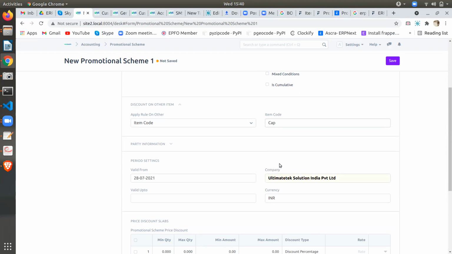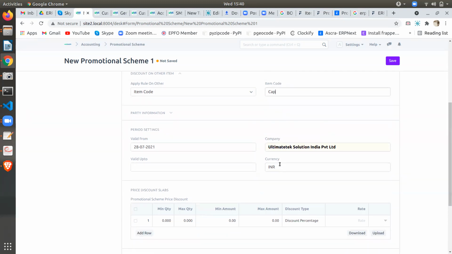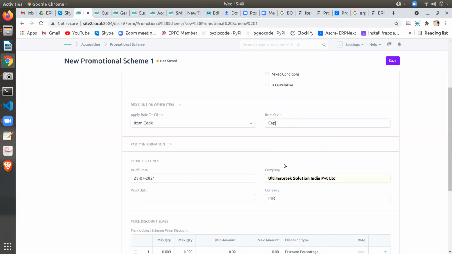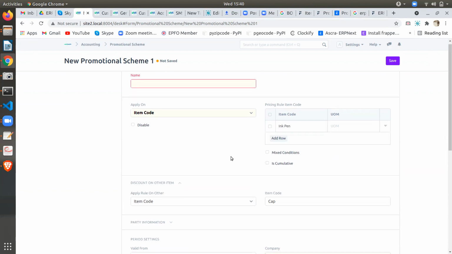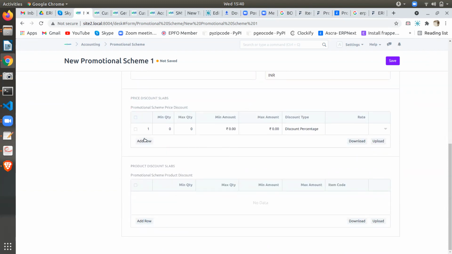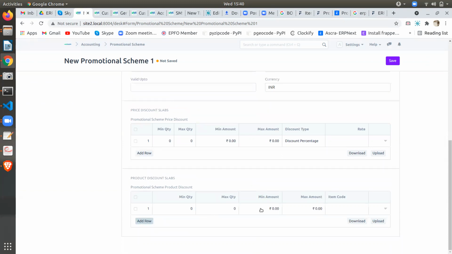Okay. The free item will be some other free quantity, that is also there. Free quantity, maybe your product scheme. Free item: if you buy that item, this item will be free, like that. Promo scheme on product discount.